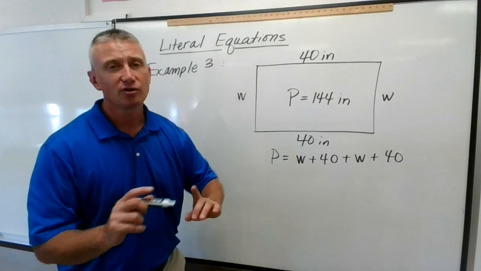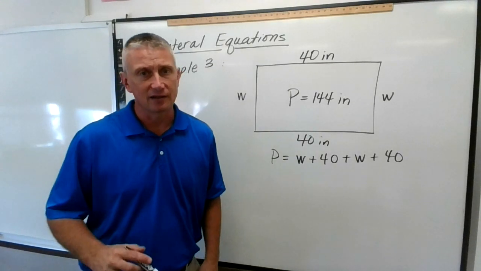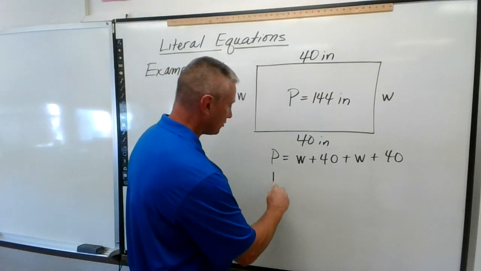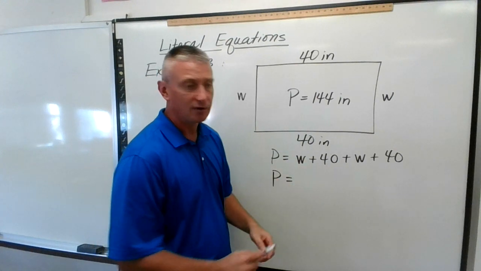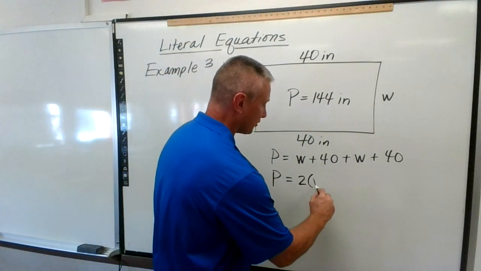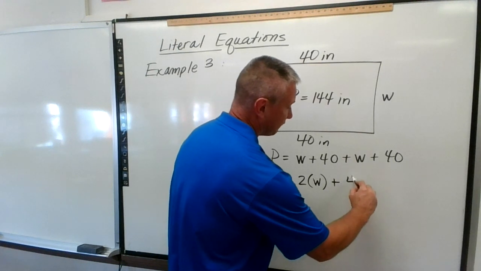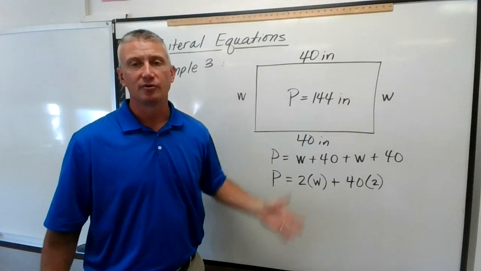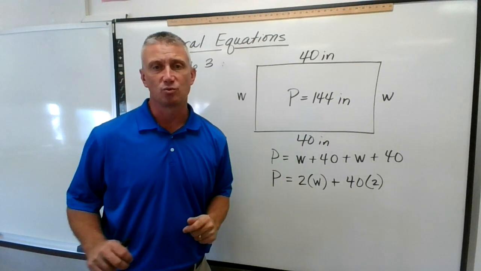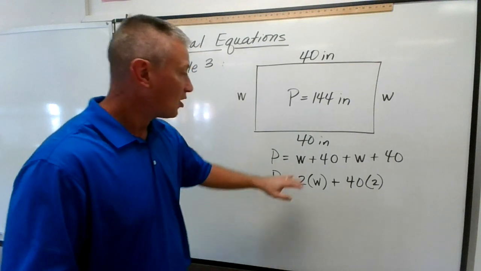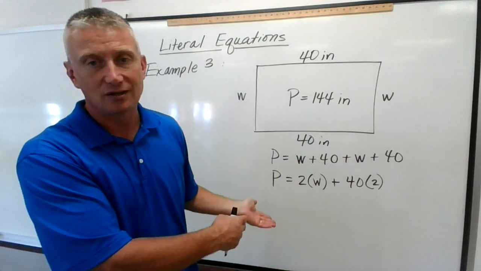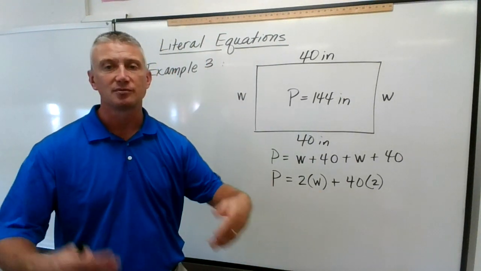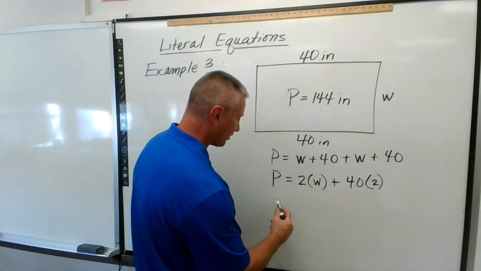However, I'm going to show you one other way to write this for those of you who may like this way. I try to do things more than one way, so your brain might see it a different way. Since I have 2 of the W's, I can multiply 2 times W, and I could also multiply 40 times 2. Because I have 2 40s and 2 W's, I could use multiplication. It does not matter which one you use, you're still going to end up with the same thing. When I combine like terms on this first one, I'm still going to get 2W plus 80. If I do this, I multiply 2 times W is 2W, 40 times 2 is 80. So I know that I end up with P equals